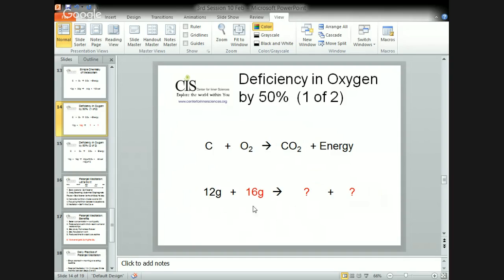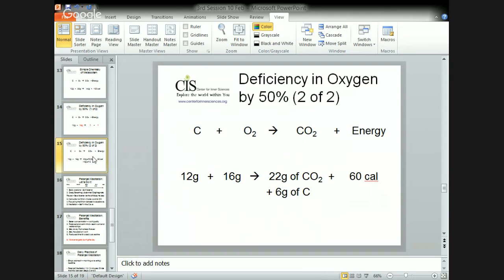But now we cannot easily add. 12 plus 16, 28 gram of CO2? No. Because for all 12 gram of carbon to become carbon dioxide, it required 32 gram of oxygen. You have given only half of that, so only half of the carbon will go through that chemistry. Only 6 gram of carbon will burn. The other 6 gram will just, like in an engine, get out of your exhaust pipe. It has energy, but it isn't liberated. That's what happens. Next slide.